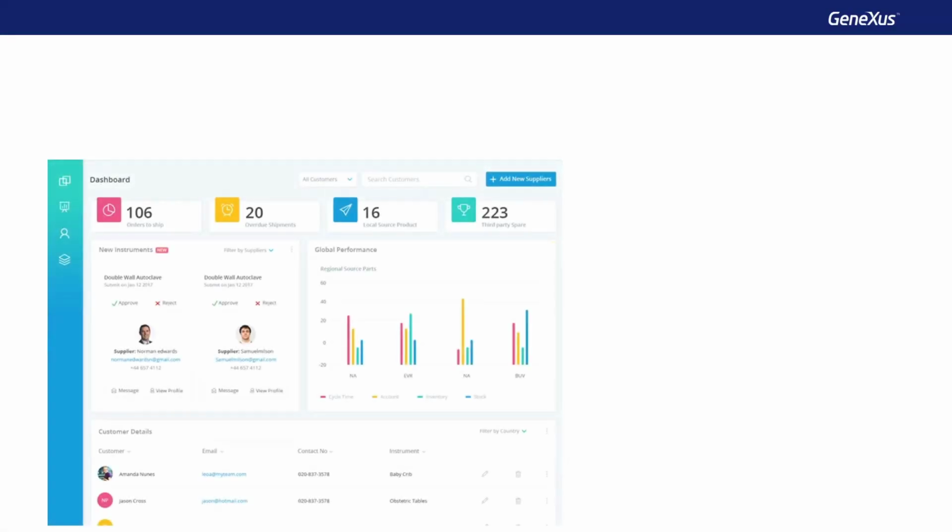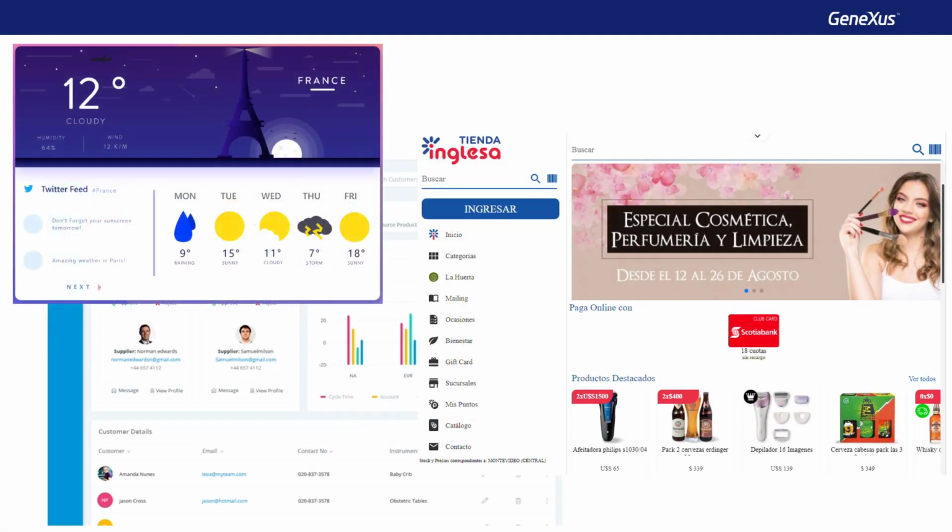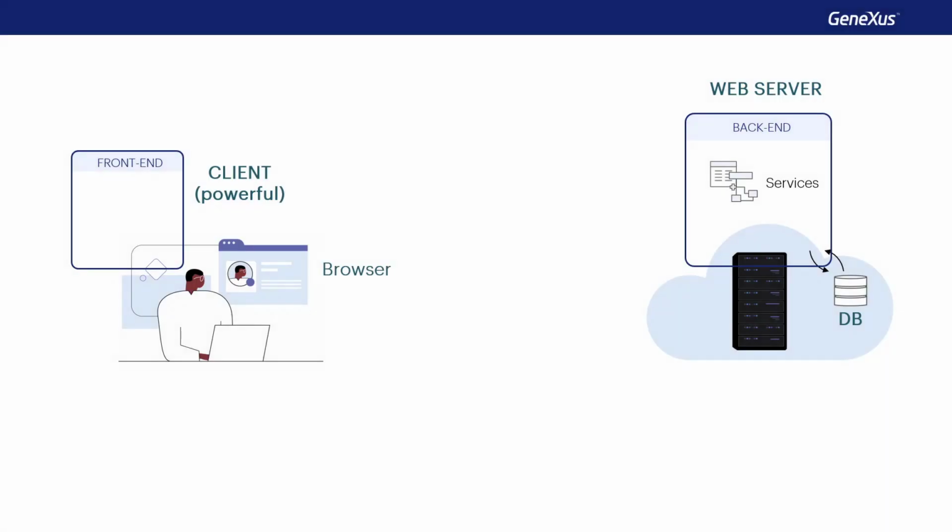There are other types of applications that can be web or native for mobile devices, which are very powerful to display information fast and with a special focus on design and interactivity. These are customer-facing applications. In other words, user-centered, with rich on-screen information that load parts of the page only when needed because they're designed for extremely high performance with the best possible user experience. This architecture also runs one part on the client and one part on the server, but in this case, most of the application logic is on the client.